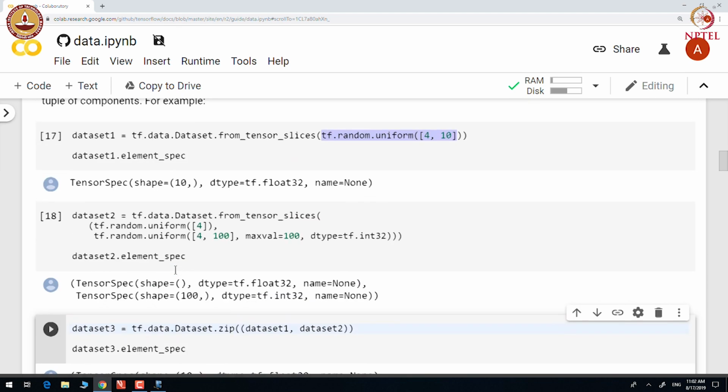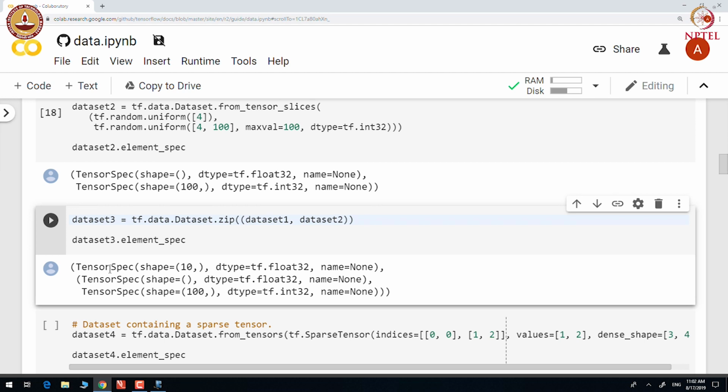We can see that the resulting data set has elements which are a tuple of tensors, where the first tensor is a vector, or 1D tensor, with shape 10. Then we have a scalar followed by another 1D tensor with shape 100. We store float values in the first two tensors and integer values in the last tensor.